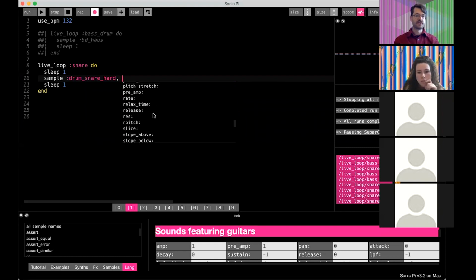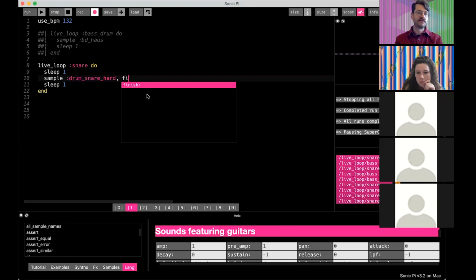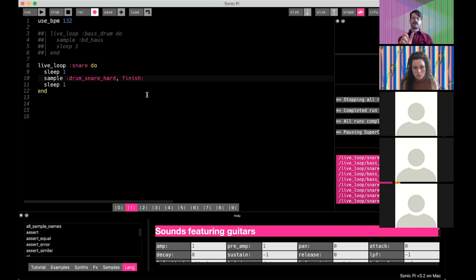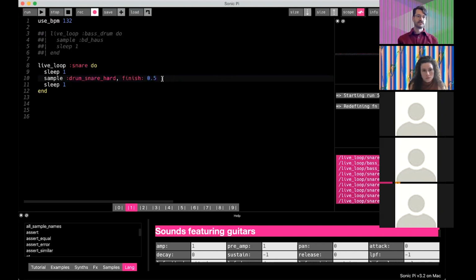The one that we're going to mess with is finish. The way that this works, all these samples are a particular length, and the finish parameter normalizes all those lengths to the unit of 1. So if I say finish at 0.5, that means that once the playback for that sample hits the middle of the sample, it'll stop. So if I play that now,